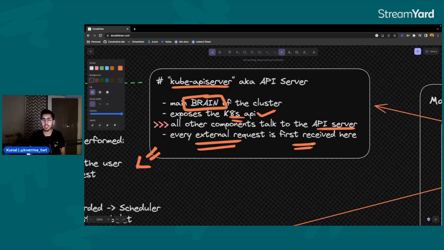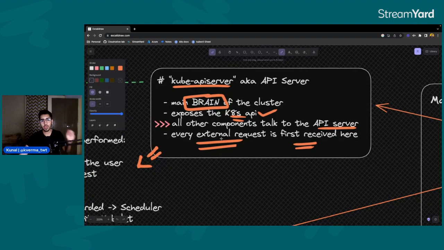So you can consider the API server as a letterbox basically, and the post office is the entire Kubernetes cluster. You have a letter, which is sort of a request. You give it firstly to the post box. You drop the letter into the post box. So the post box is basically the API server, which is the first one that receives your letter or your request, and then it transfers your request to the entire cluster, that is the post office. I hope this analogy makes things clear for you.